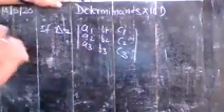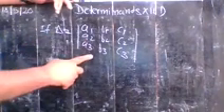Understand? Now, if you multiply the first row by k, so as per the rule, the value of that determinant is equal to k times delta. Again, if you multiply the second row by the same number, its value is k square times delta. If you multiply the third row by k, its value becomes k cube times delta.